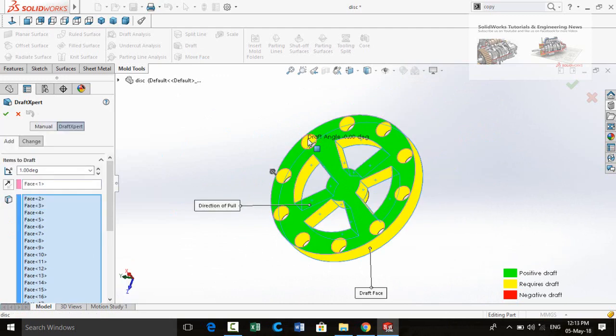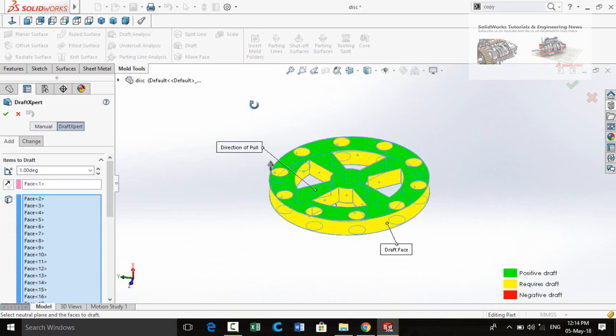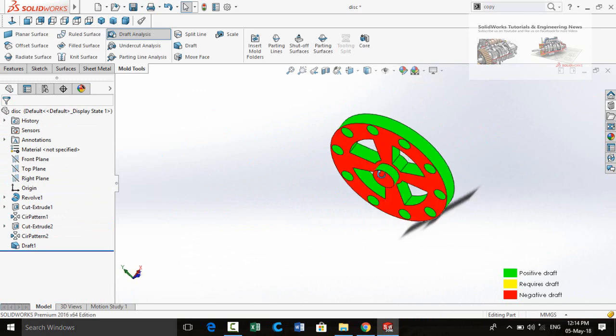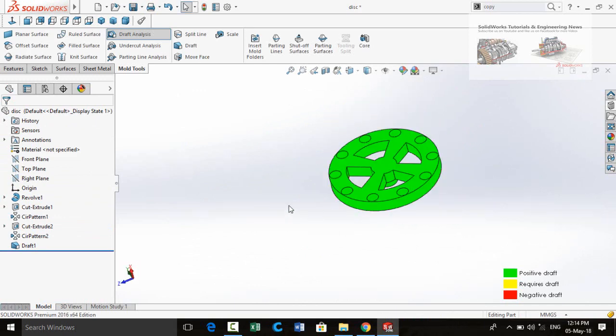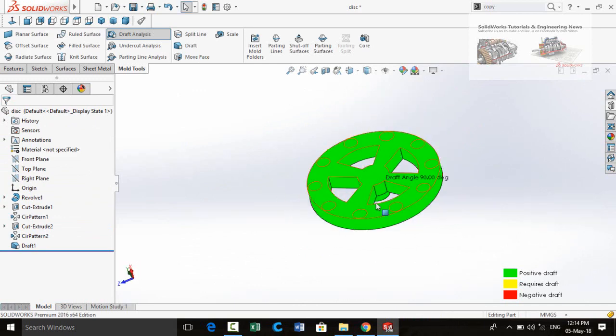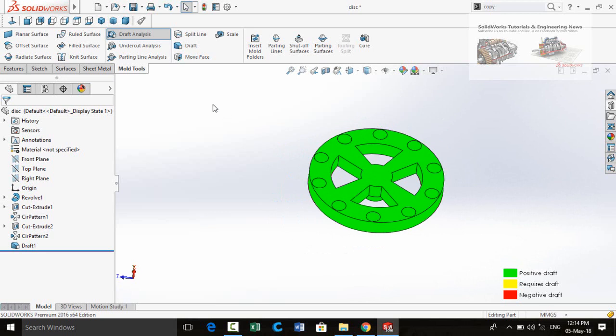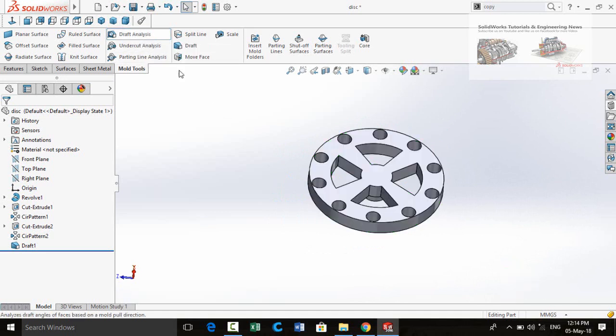Also select all these holes. Now press OK button. So now you can see all the yellow faces have become green, which means that our part is ready for the mold. So now turn off Draft Analysis from here.